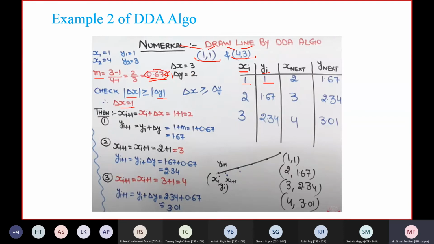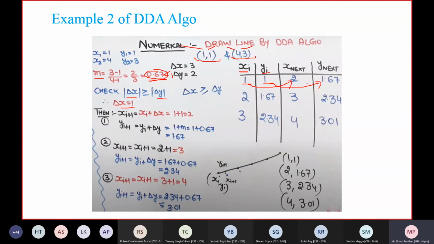Please remember it. Okay, so देखिए यहाँ पे देखिए ये हो गया 1 + 1, तो x को तो जब 1 से इंक्रीज किया तो ये तो हो गया 2, लेकिन इसको करना था किससे 0.67 से, तो it becomes 1.67. It means now your next pixel value is 2, 1.67. That is the next pixel value.